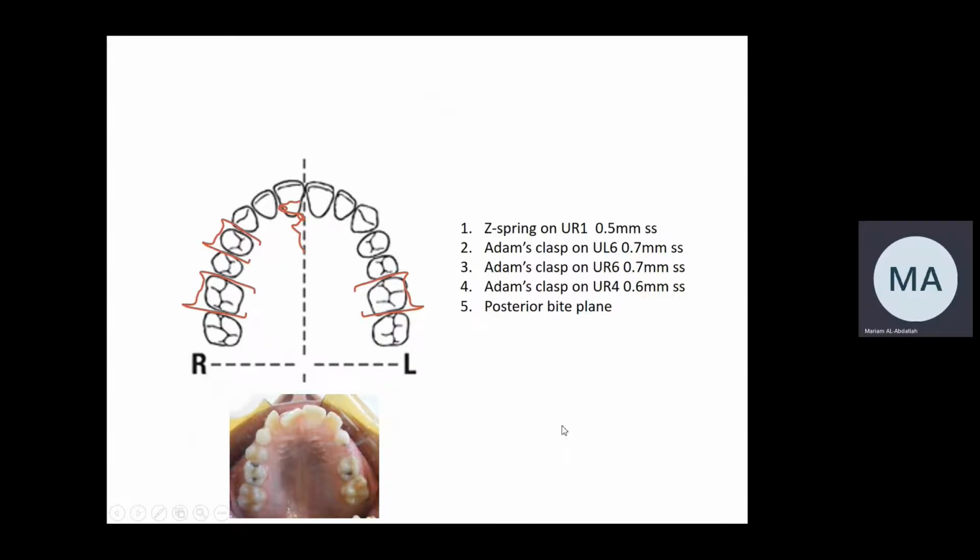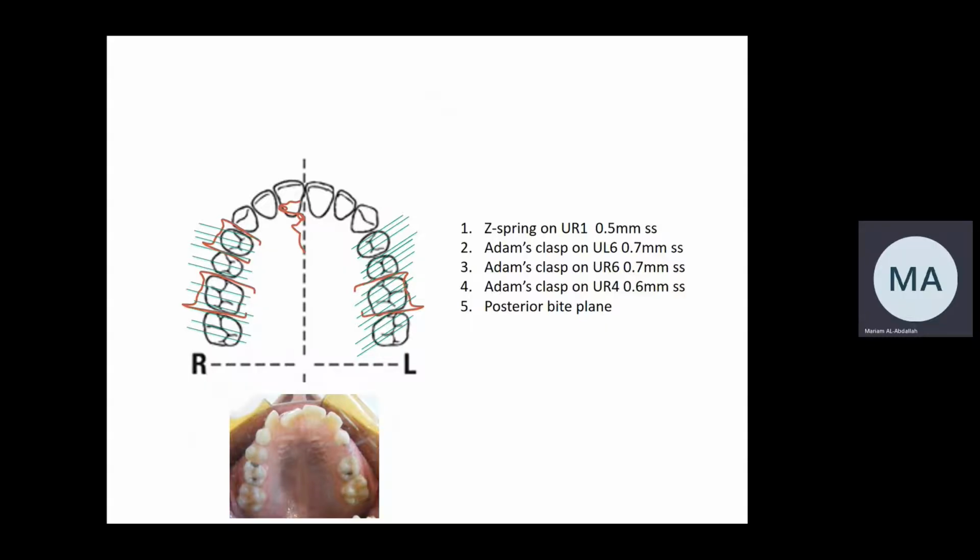And this will aid aesthetics. The patient will appreciate that you're not using anterior components. And this will aid patient compliance as well. So this is how we draw the posterior bite plane, and this is how we communicate with the technician regarding